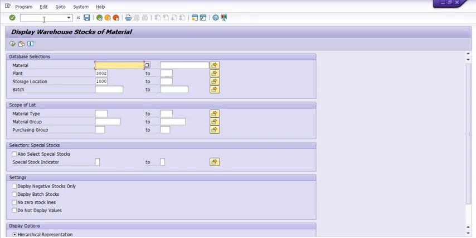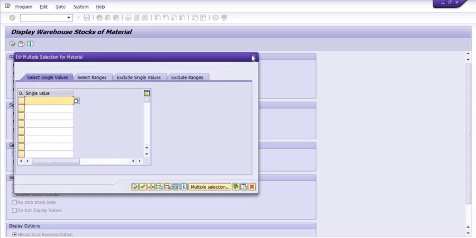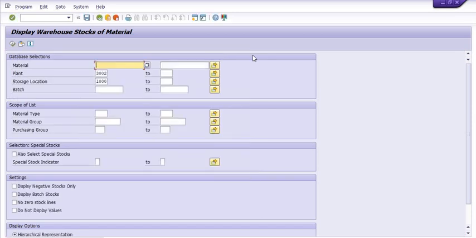Generally, three types of stocks are there. If you want to query a particular material, you can fill in the material code. You can fill in plenty of material codes using multiple selections, for those materials you want to query. Plant code, storage location, material type.